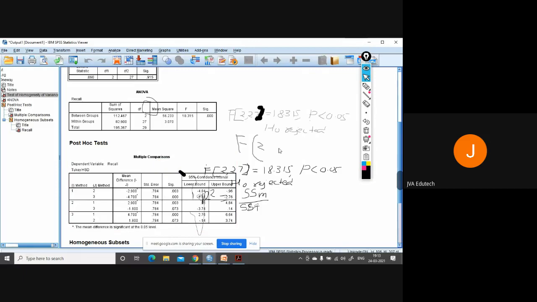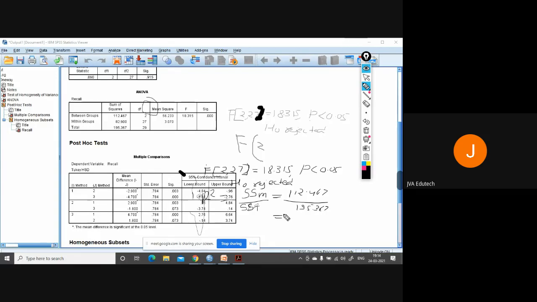So if you put this into the formula, R square is equal to SSM 112.467 upon 195.367.